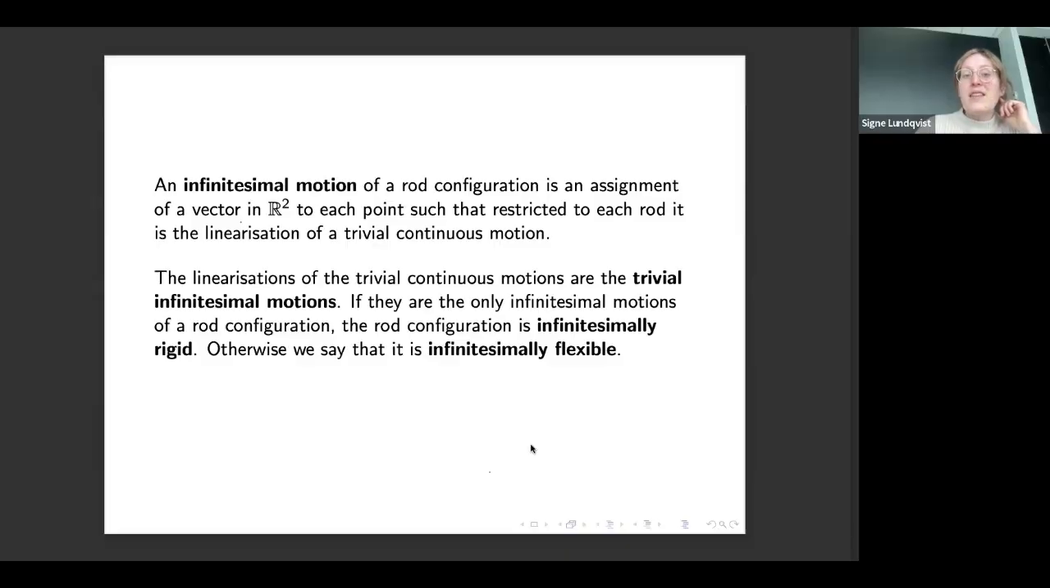And an infinitesimal motion of a rod configuration is an assignment of a vector in R2 to each point, such that if you restrict to each rod, you get the linearization of a trivial continuous motion. So you get either the linearization of a rotation or the linearization of a translation or a combination of the two. And the linearizations of the trivial continuous motions are the trivial infinitesimal motions. And again, if they're the only infinitesimal motions of our configuration,